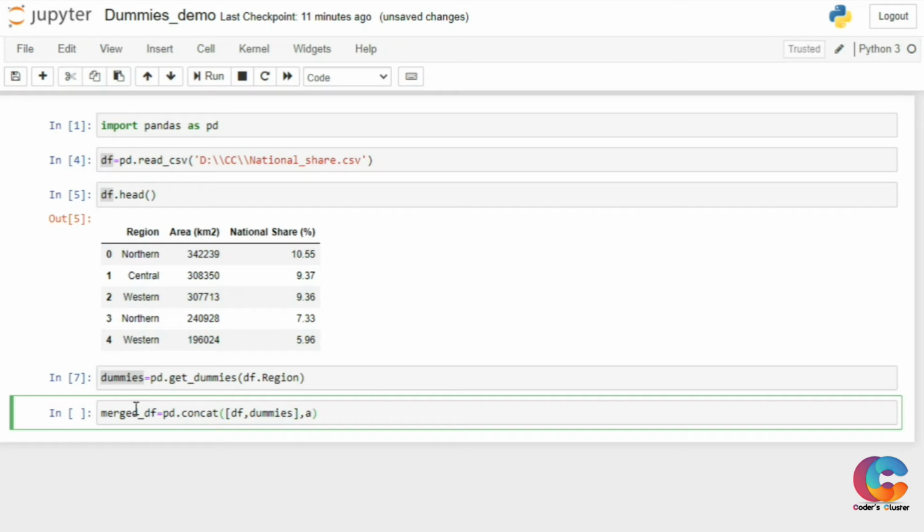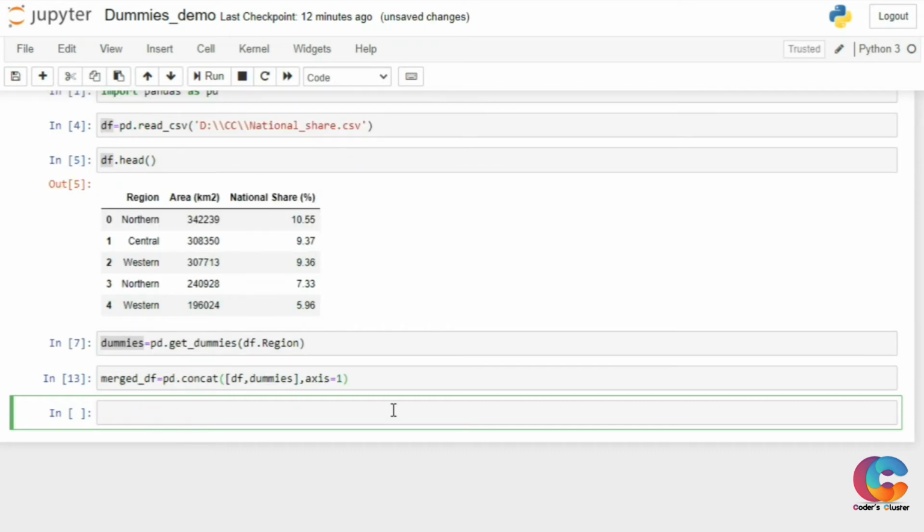We need to mention axis equal to columns. Here is a simple tip for you guys: we can mention columns as well, or we can mention one. If you mention one, that means the same as columns. So now I have created merge underscore df, and we will see what is in merge df.